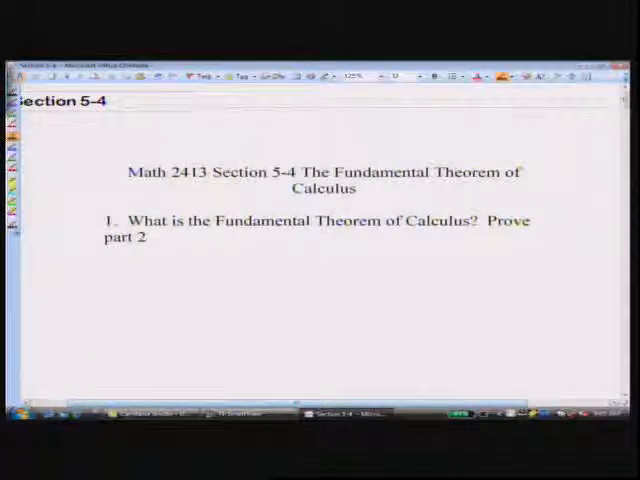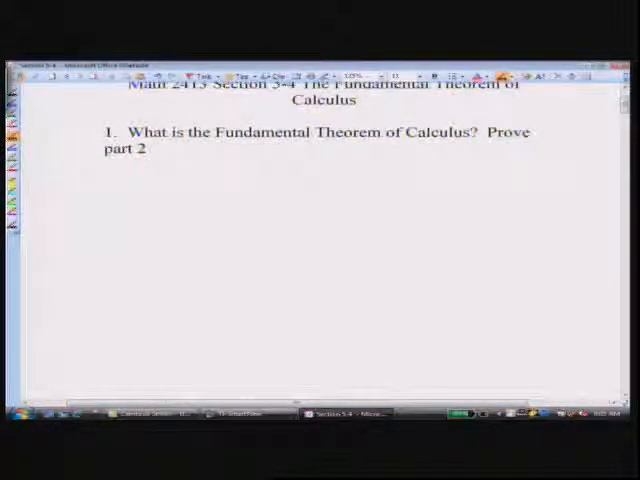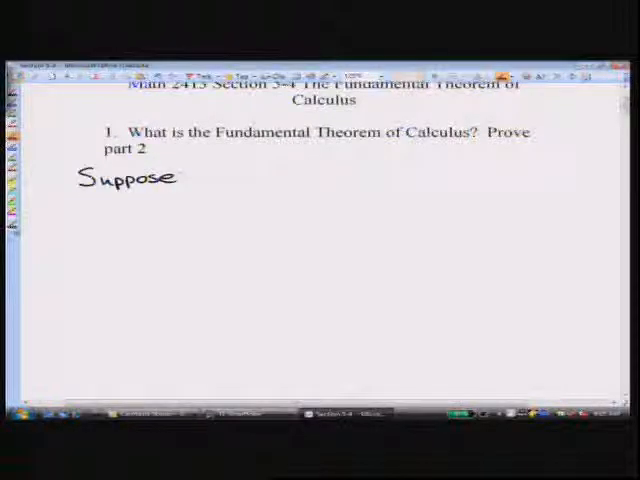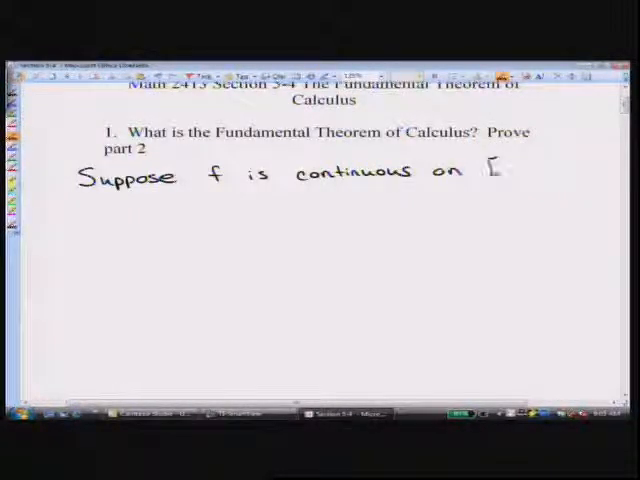Okay. So it says, what is the fundamental theorem of calculus? And we will begin. And we're going to write it. Suppose f is continuous on a closed interval from a to b. Okay, so we have a closed interval from a to b, and our function is continuous. Part 1 of the fundamental theorem of calculus tells you